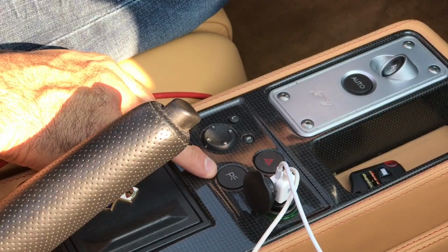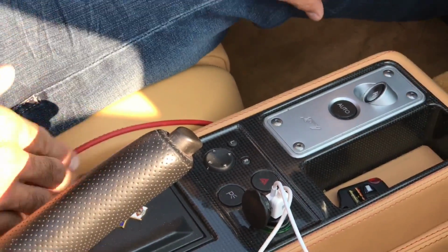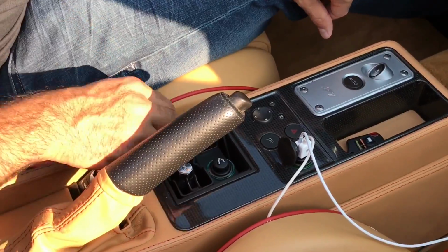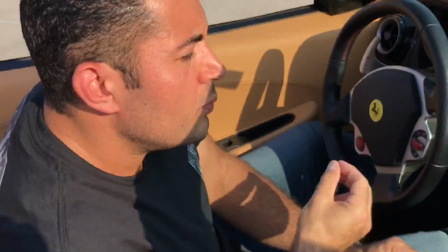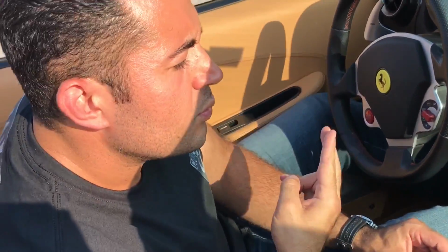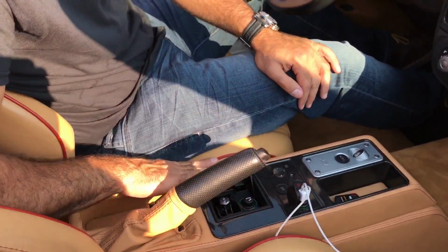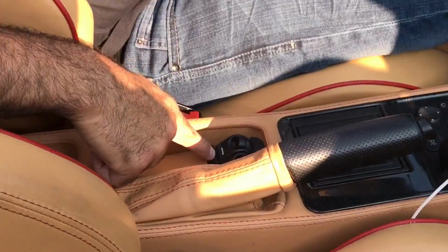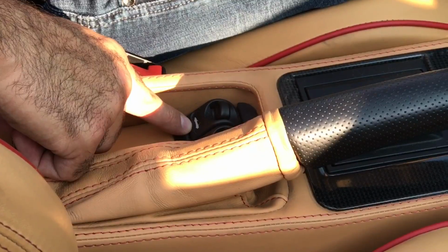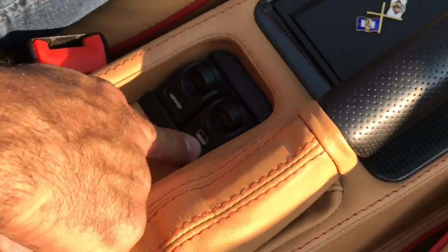Right here, I believe, I've never used this, I think this is your parking lights. Now if you smoke, you can light yourself up a Marlboro. And you put your little cigarette lighter back. And then over here, you'll see the convertible top control, and then you'll see the little secret cubby control where I keep all my secret stuff. So you go like this,